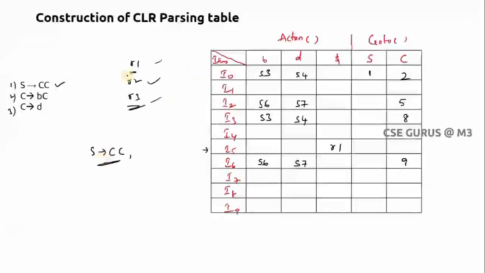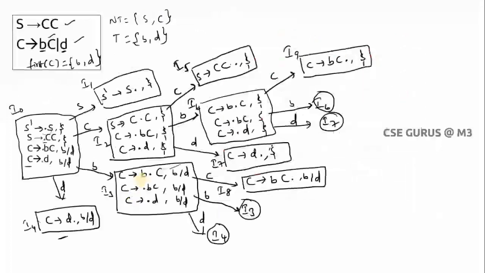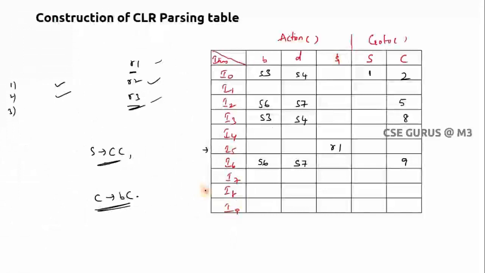Now R1 is over. Where do I need to write R2? Go to the second production, C tends to BC. Where it is ending? That means you have to find where it is C tends to BC dot. So where is C tends to BC dot? Here it is dot BC. Here also dot BC. This is B dot C. This is dot BC like this, and you can see here C tends to BC dot. You are finding it in I8. Not only here, you can see I9 also has C tends to BC dot. So you have to go to I8 as well as I9.